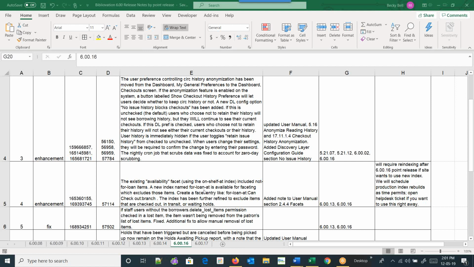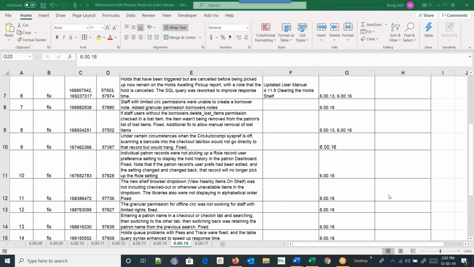So if you do choose to change your facet and use the new option, you'll need to remember that you need to have your system reindexed. And in order to get the reindexing done, you'll need to schedule it through the support center.